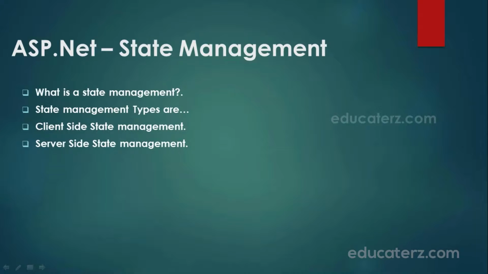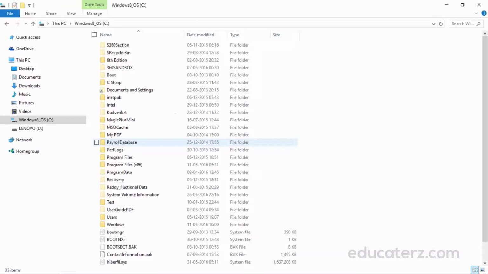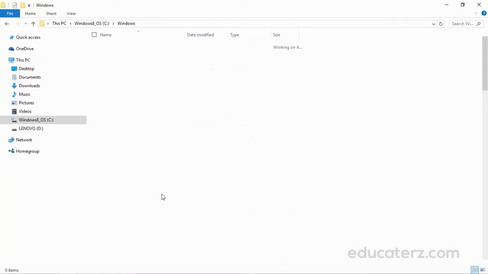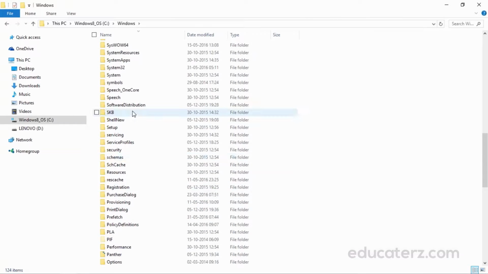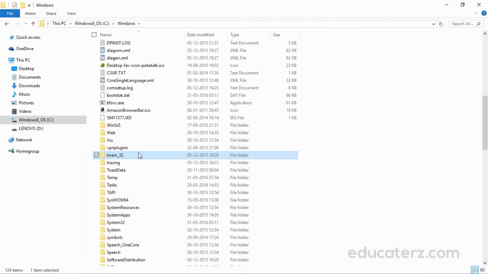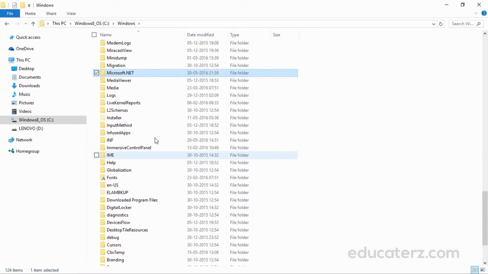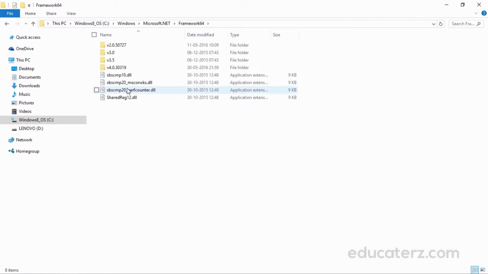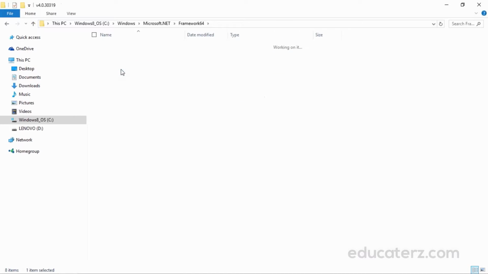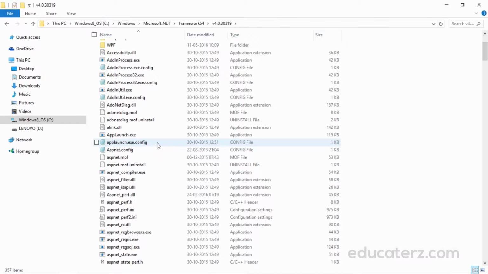For that, go to C drive, Windows, then you can find Microsoft.NET. Yeah, this is the one. Here you can see Framework64. My computer is a 64-bit operating system, so I can see it like this, and my version is 4.0. Here you can find aspnet_regsql.